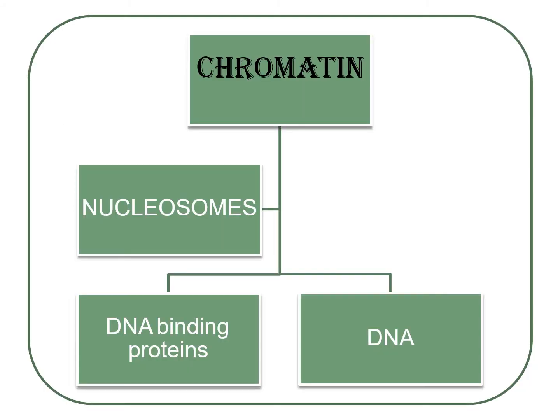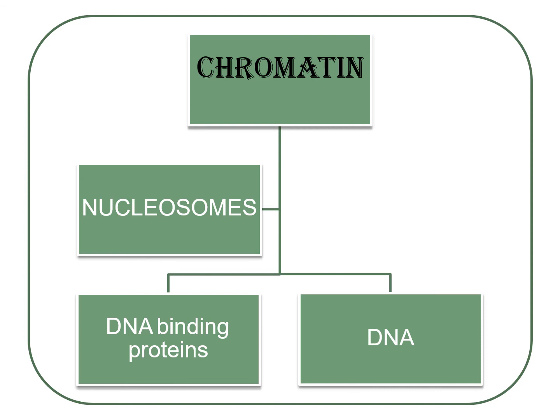Chromatin. Here you can see the flow chart of how chromatin is formed. In the year 1975, Olins and his colleagues suggested the name nucleosome, or new bodies, for these repeating units of the chromatin. This chromatin is made up of DNA, which is spiral DNA. This spiral DNA is wrapped around an octamer of DNA binding proteins. These DNA binding proteins are usually histones in the case of eukaryotic cells.